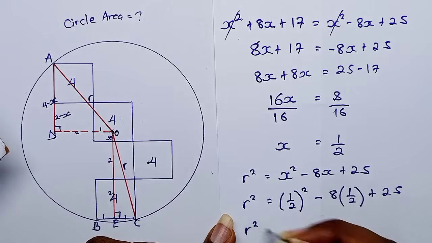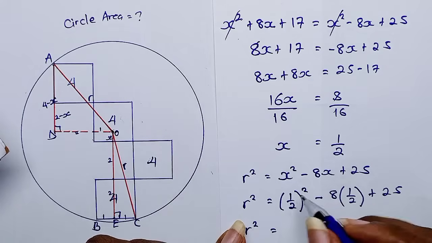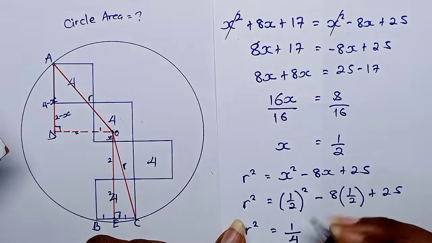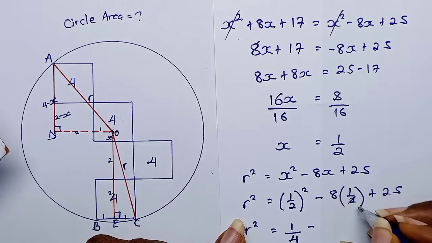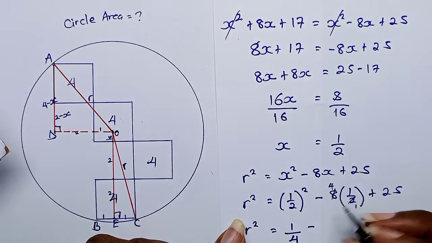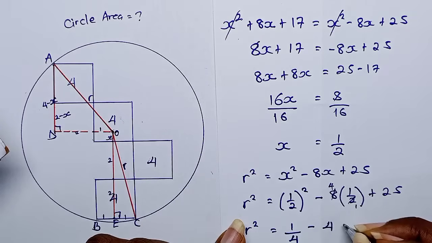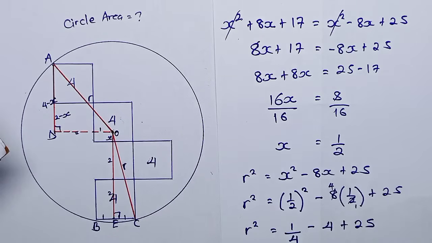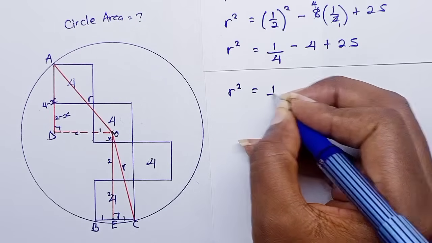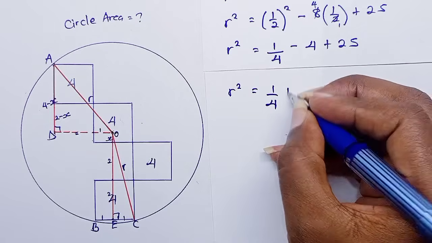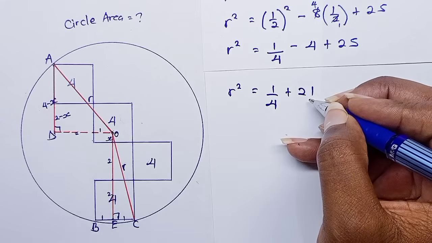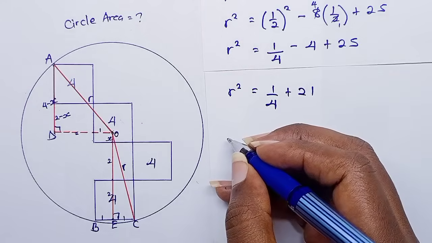So r squared is equal to 1 squared, which is 1, over 2 squared, which is 4, minus, this reduces, 2 goes into 8 4 times, so 4 times 1 is 4, then plus 25. Therefore, this gives us r squared being equal to a quarter plus minus 4 plus 25, which gives us 21. Therefore,